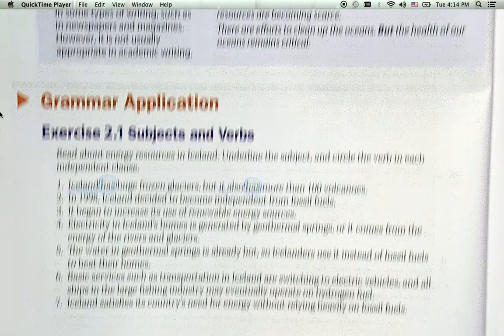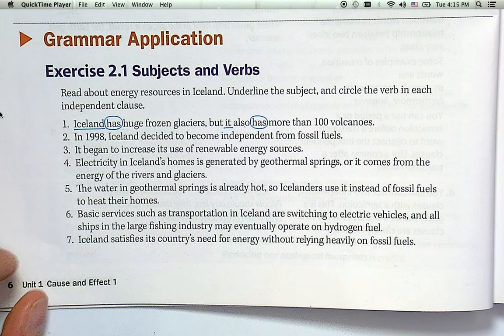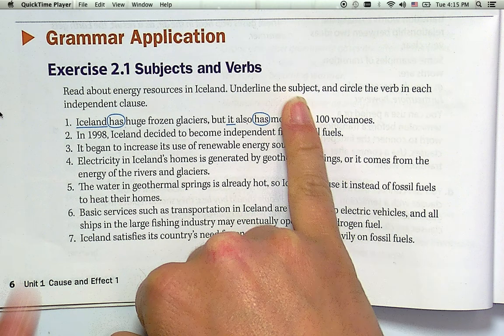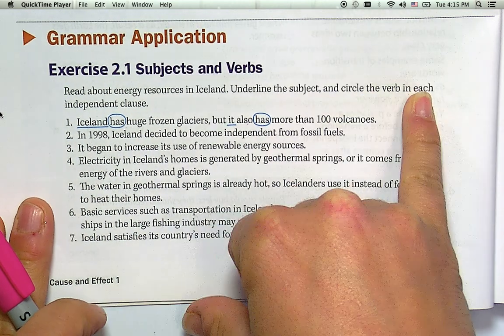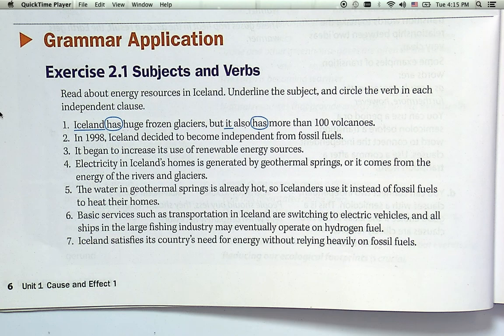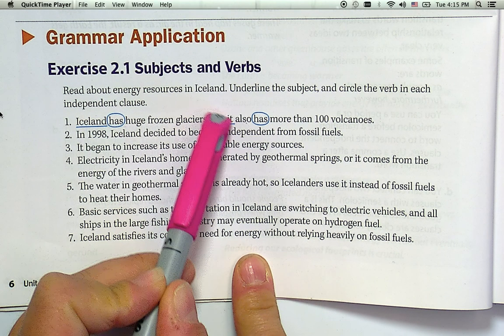All right, exercise 2.1. I'd like you to do that and bring that to class finished. It says, read about energy resources in Iceland, underline the subject, circle the verb in each independent clause. So if we look at number 1, we've got subject, verb, we've got our conjunction, so it's connected